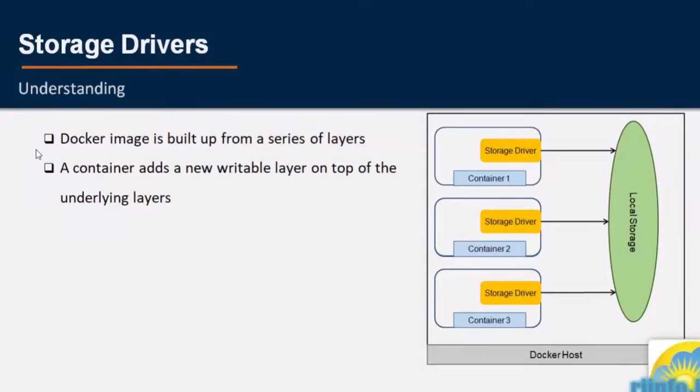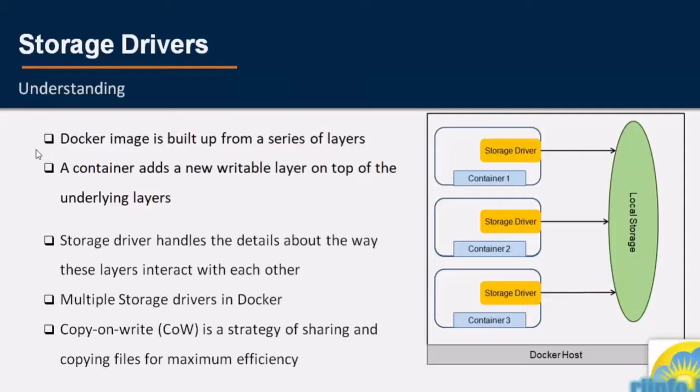A Docker image is built up from a series of layers. The layers are stacked on top of each other. When you create a new container, you add a new writable layer on top of your underlying layers. This writable layer is often also called the container layer. A storage driver handles the details about the way these layers interact with each other. Because each container has its own writable container layer and all the changes are stored in this container, multiple containers can share access to the same underlying image and yet have